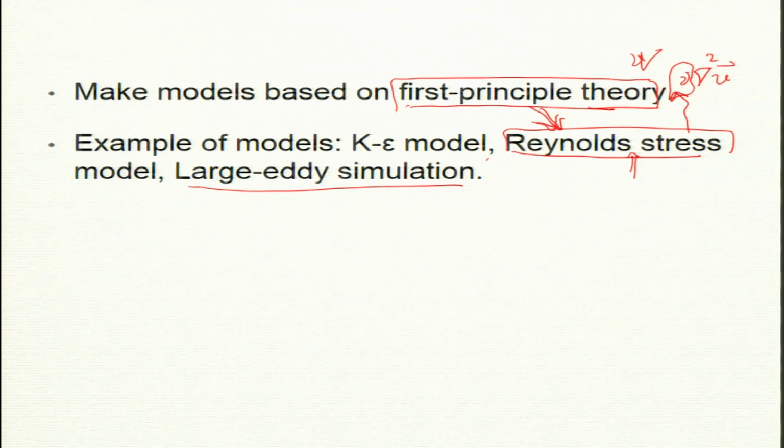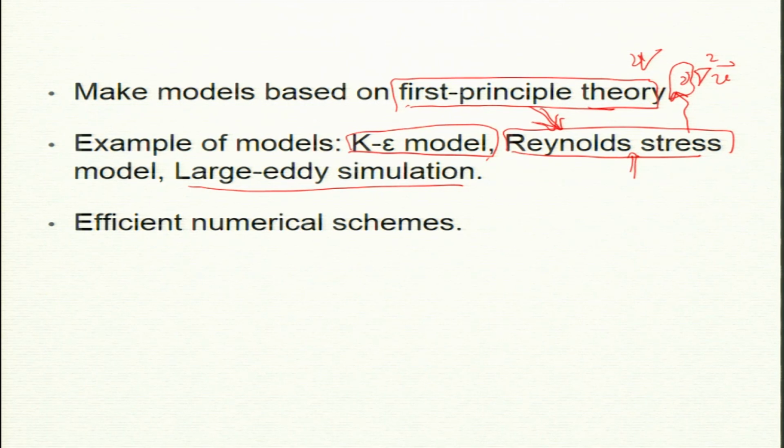So, first principle theories are important to construct these models. The k-epsilon model is directly from Kolmogorov theory, but it helps you to model the flow. You do not need to start from a very fine mesh, and you do not need to really solve all the scales. So, this helps you in efficient numerical schemes, which is practical for weather simulations. If you really want to do what is called direct simulation, where you do not want to make a model, then the grid will be bigger than the best supercomputer of today. Okay. We can estimate a bit later, but it is really impossible to do direct simulation of the earth.